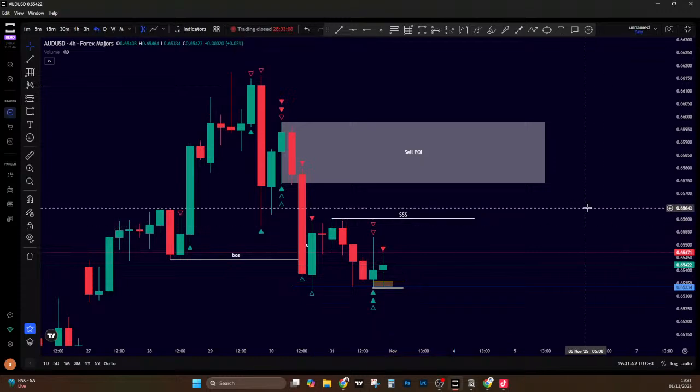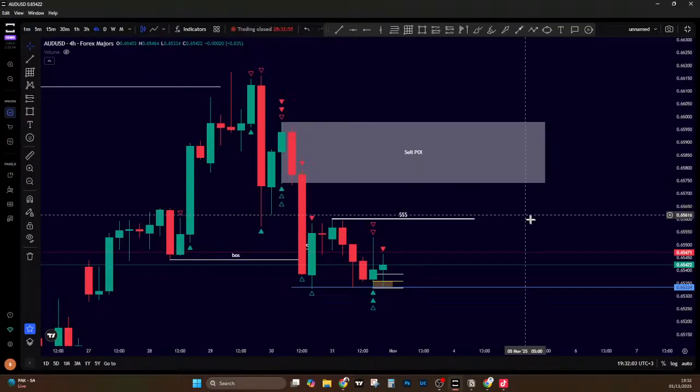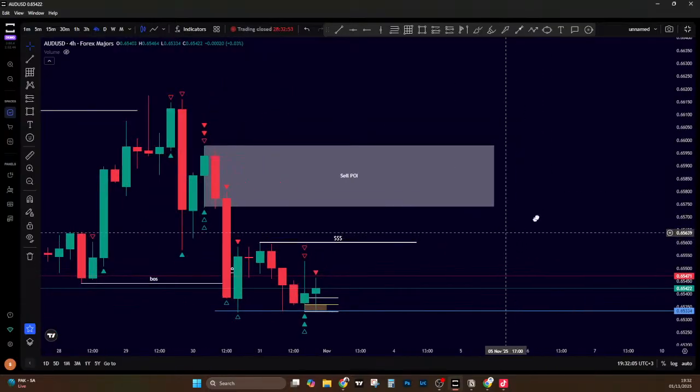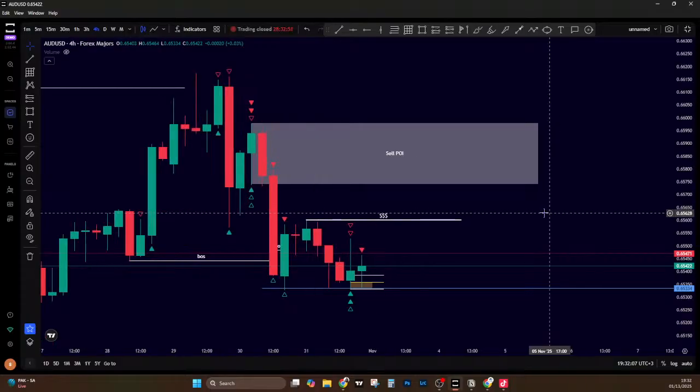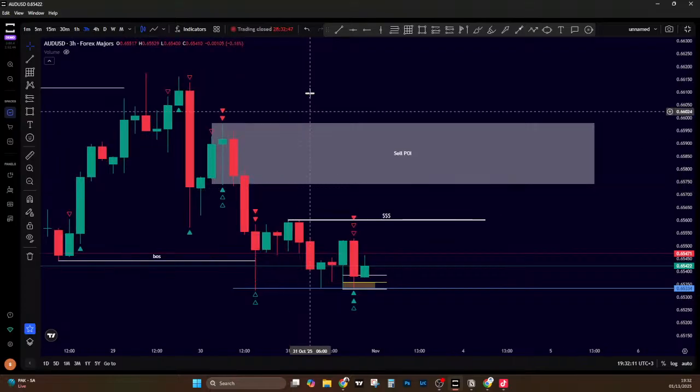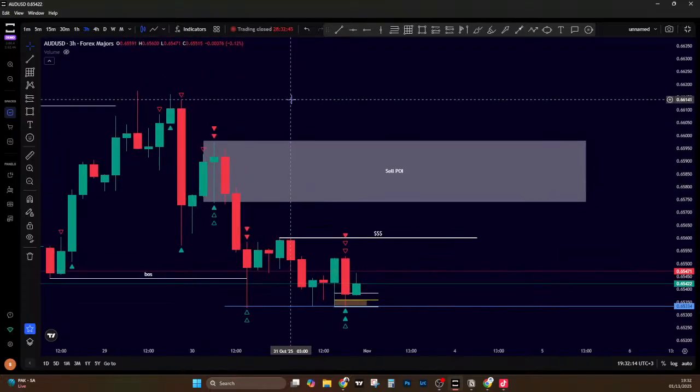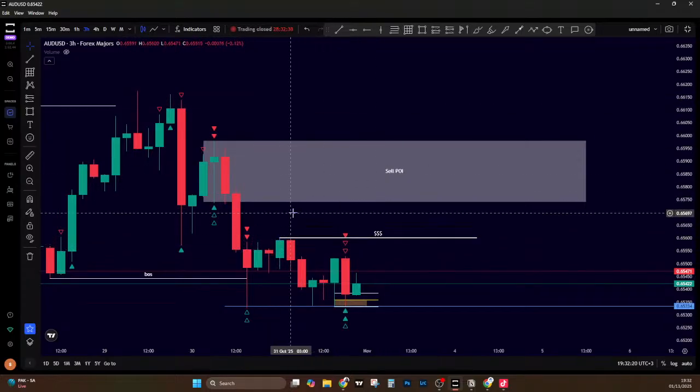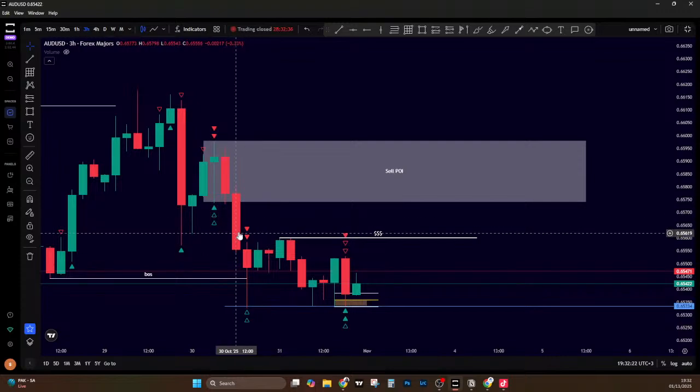The time frame here is 4 hours. This is AUD in the 4 hours time frame. So let's see whether in 3 hours we can refine this a bit. Not really. I'd leave it as it is, because once the liquidity is taken out at the FVG,